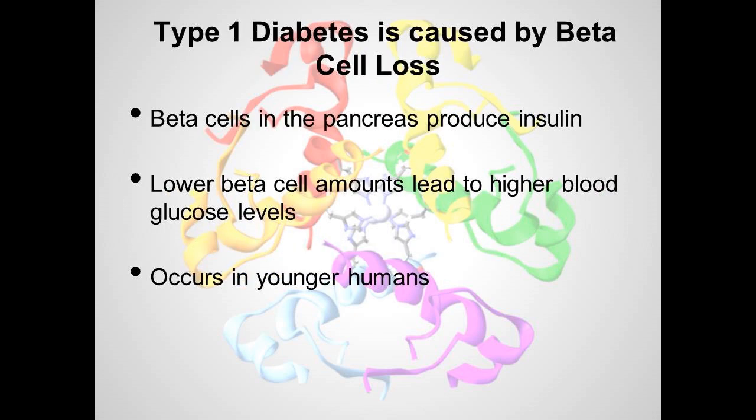Type 1 diabetes, as mentioned earlier, is caused by pancreatic beta cell loss. These beta cells regulate insulin production in the pancreas. An insufficient amount, or in many cases the lack of beta cells, raises blood sugar levels, leading to hyperglycemia. This usually occurs as a result of a faulty autoimmune system in which the body kills these beta cells on its own. This usually also occurs in youth. We will talk about treatment after introducing the 2 other types of diabetes.